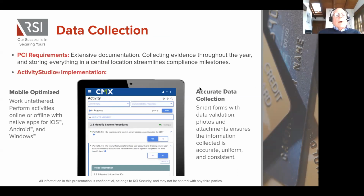Part of the requirements for PCI is obviously collecting evidence. There's extensive documentation that's required. In that evidence collection process, if it's done throughout the year, it minimizes the burden on the individual teams who are responsible for collecting their portion of the requirements, and having that evidence collected in a central location ultimately can